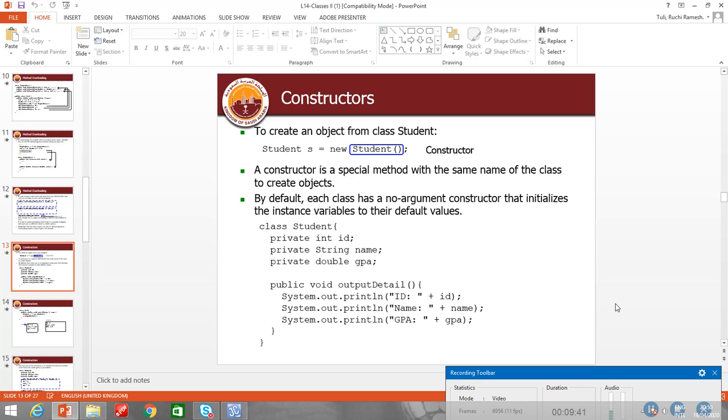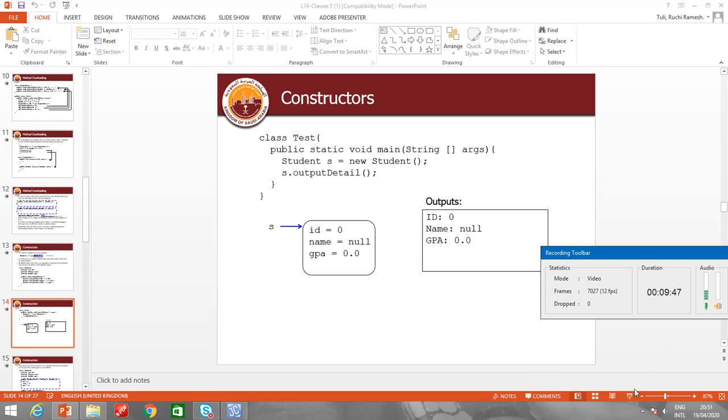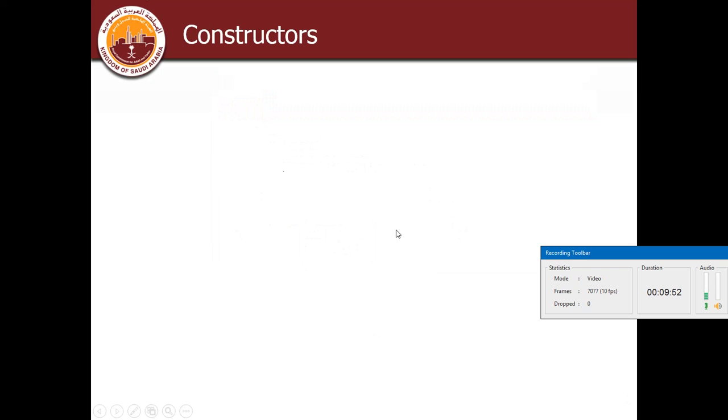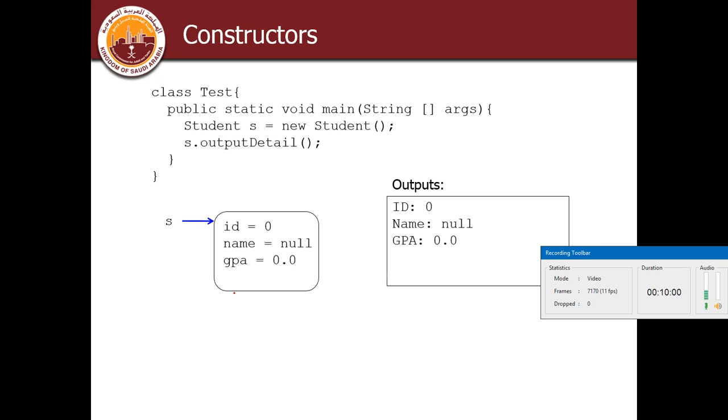Alright, so going further, this is the output that I will get over here, because the purpose of the constructor is to initialize the value of the variables to their default value. So in this program, ID will be 0, GPA will be 0.0 and name will be null.